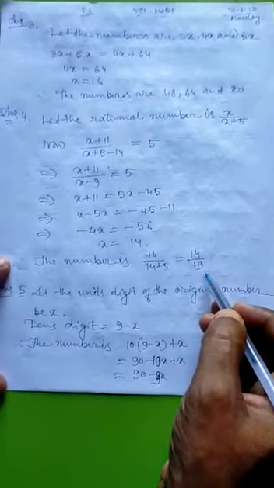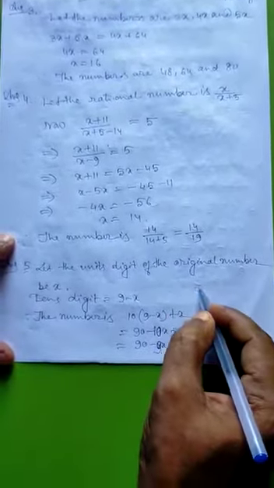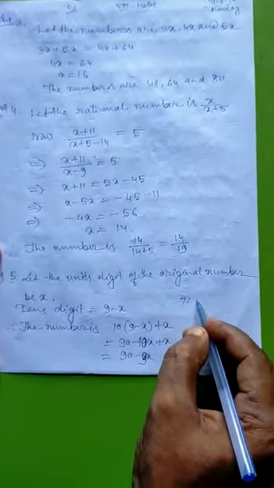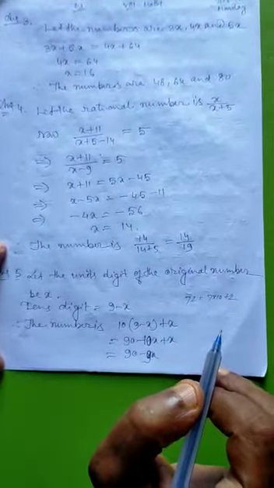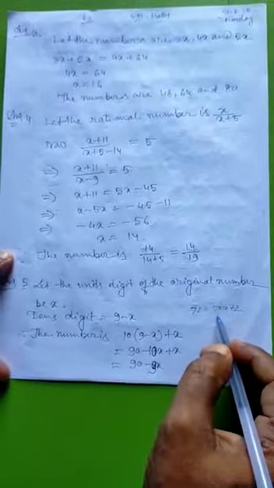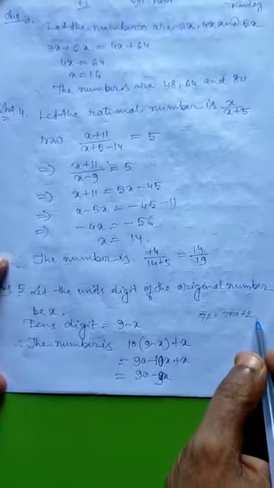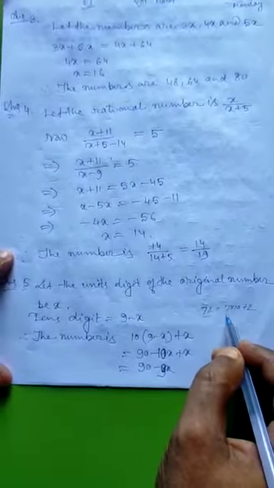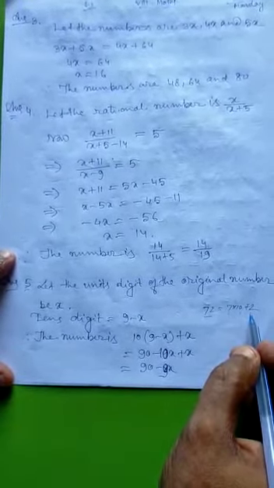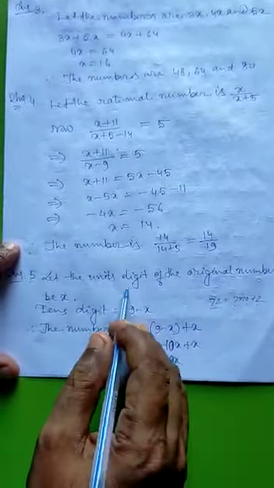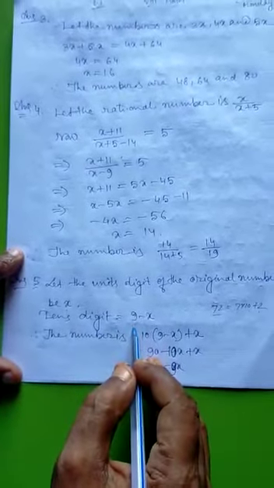5. Units place and tens place. Suppose one number is 72. 72 means 7 into 10 plus 2. Earlier we have known, when he was very small, imagine 7 tens 2 equals 72, 2 tens 5 equals 25. Same way here, 72 means 7 into 10 plus 2. So if we consider the tens digit and ones digit in a different way, the ones digit, meaning units place, is x, and tens place or tens digit is 9 minus x.